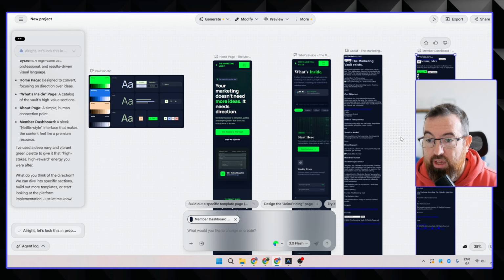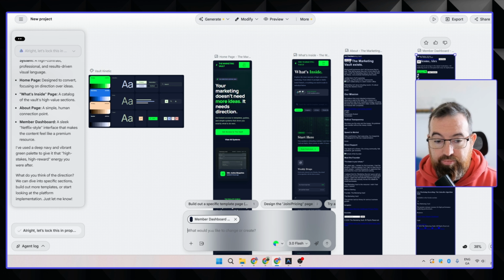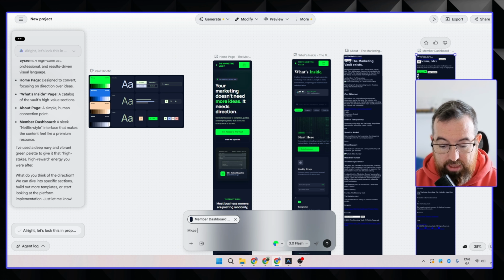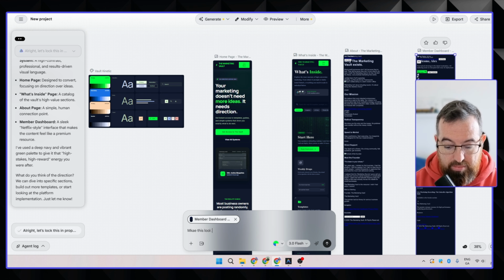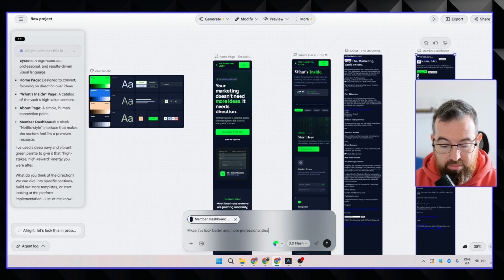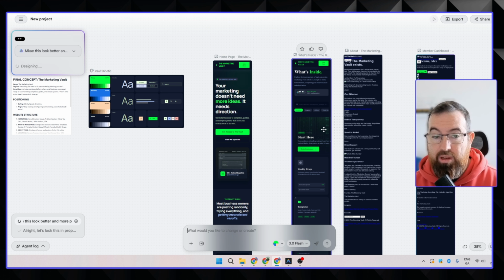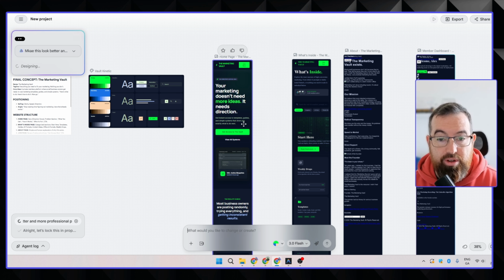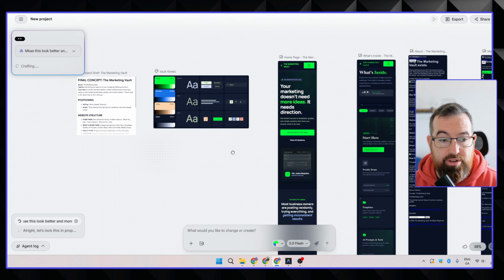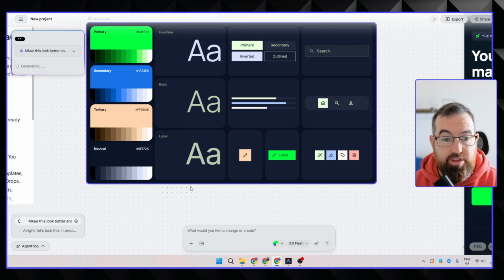So what we'll do is get it to redesign this. To get it to do any extra work, you click on whatever option you want, so the member dashboard. And we just say, make it look better and more professional. So we allow that to go off and do the work on this, and while that's doing it, we look first here at